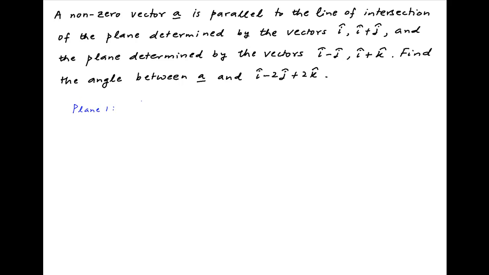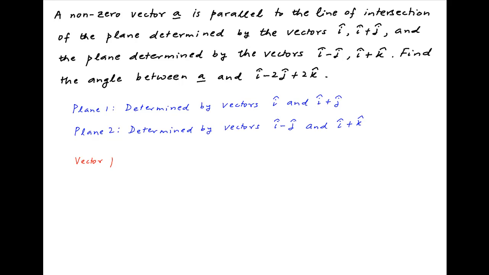Let plane 1 be the one determined by the vectors i and i plus j. And let plane 2 be the one determined by the vectors i minus j and i plus k. Now a vector that is perpendicular to plane 1 is given by the cross product of vectors i and i plus j,